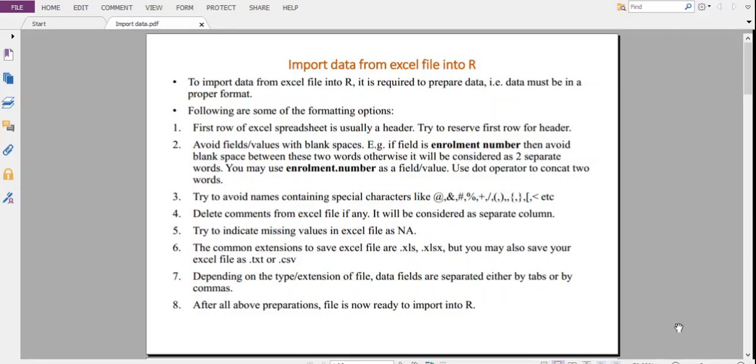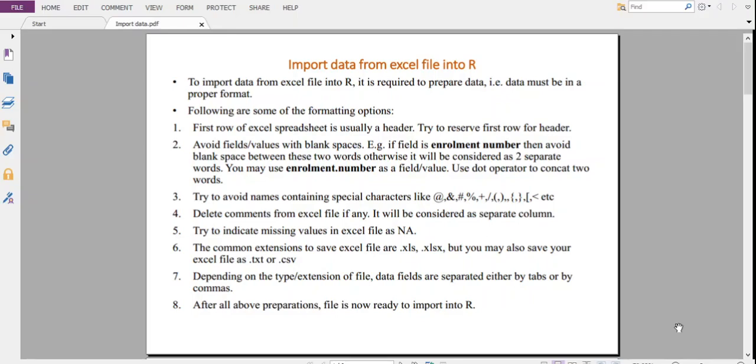I need to combine these two words together, and then it will be a caption of my column in Excel spreadsheet. Like I need to combine these two words together either by using a period operator, that is dot, or by using underscore operator. Okay.